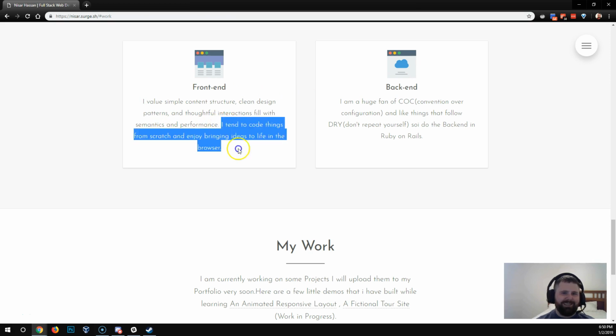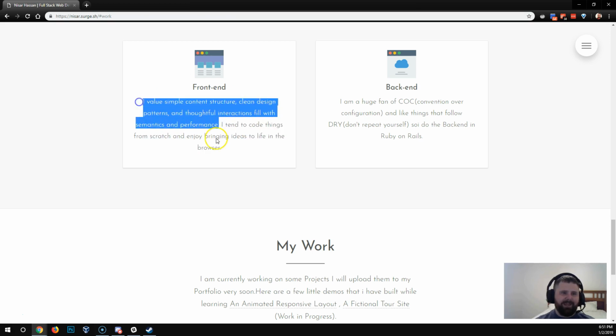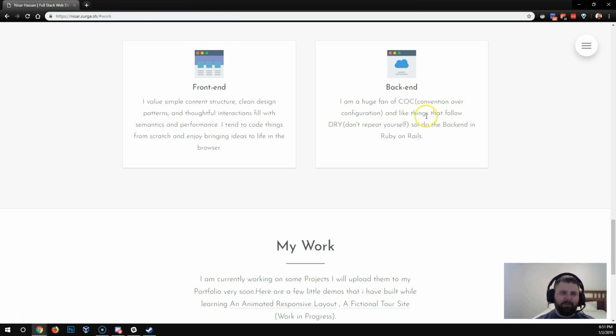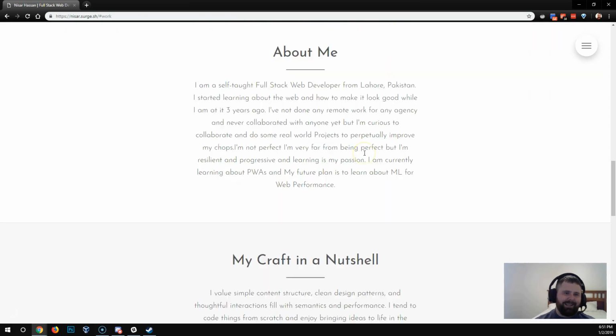Would probably try to rewrite this a little bit just to make it a little bit shorter. Try to bring it down to maybe this much text. Same thing with this. Keep them relatively the same consistent length. And